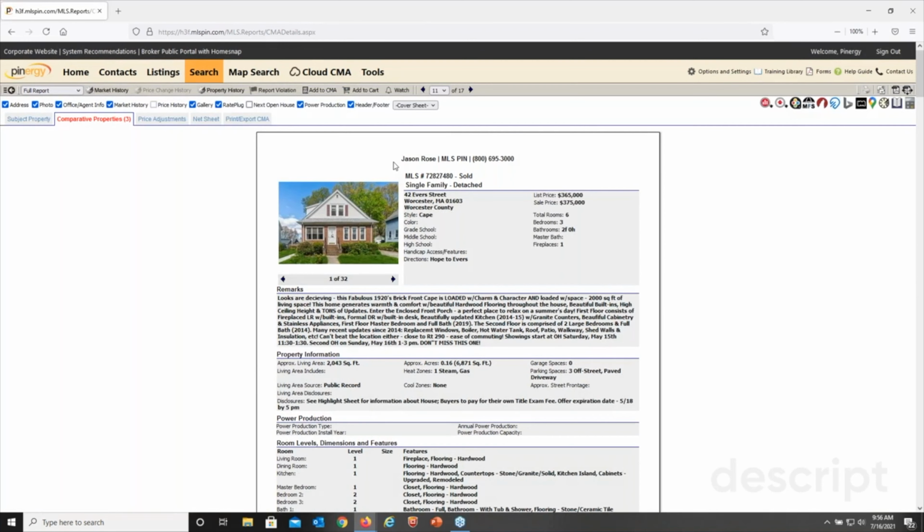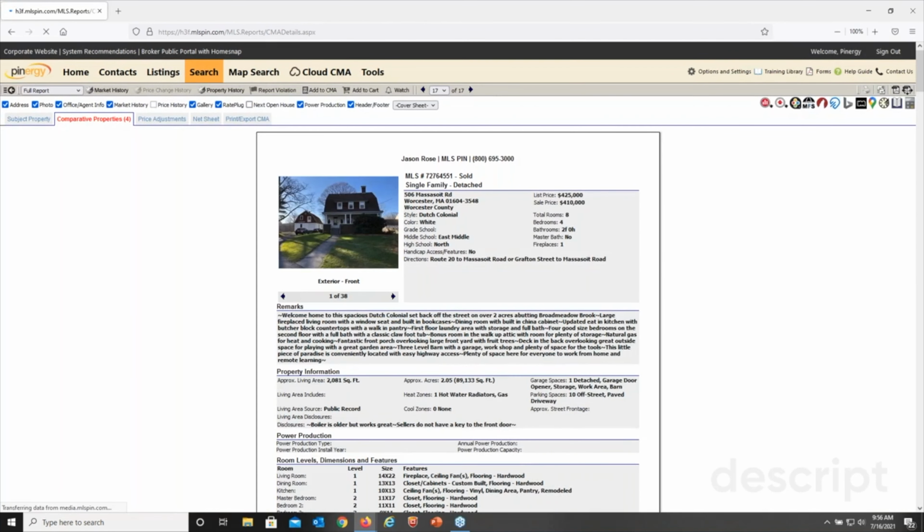Okay, so we're done. Let's say we've gone through all 17. We looked through all 17. We added the ones we thought were representative of the market that exists for our subject property. So this is another spot of trickiness in the Pinergy CMA, like what do you do next? So let me just tell you that once you've gone through your list and you've added your comparables,